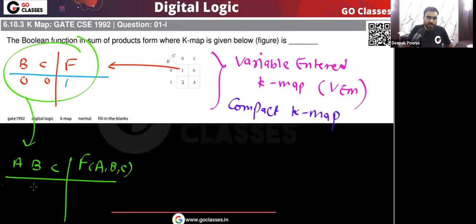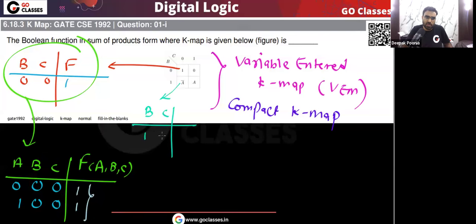You can see when b is 0 and c is 0, a can be 0 or a can be 1. Now you can notice in both situations the function value will be 1. I hope you understood, because we are saying that when b is 0 and c is 0, the function output will be 1, a can be anything. Let me explain this also. Here you can notice that b is 1, c is 0. Then what is the function value?